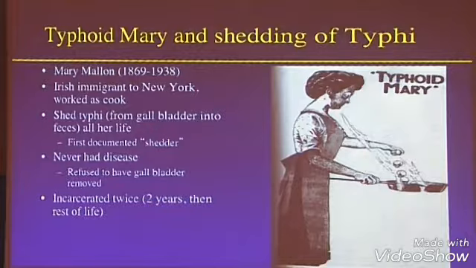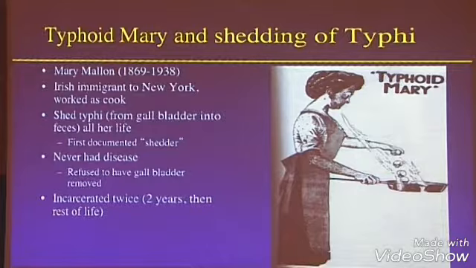Okay, so we talked about SPI-1, SPI-2, their effects and all the effectors they're having in cells. I now want to talk about an area that is a hallmark of Salmonella typhi, but really hasn't received much research attention. And this goes all the way back to Mary Mallon, also known as Typhoid Mary. She was this Irish cook in New York, and she basically shed Salmonella typhi from her gallbladder into her feces. And one wonders about her cooking ability, but that then led to the contamination of other people, and a lot of people died of typhoid fever because of her.